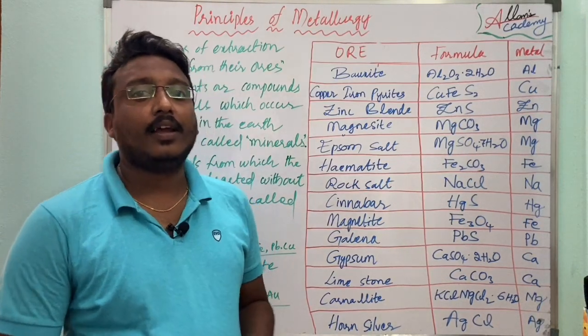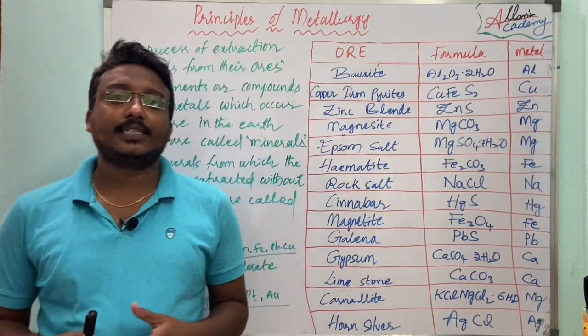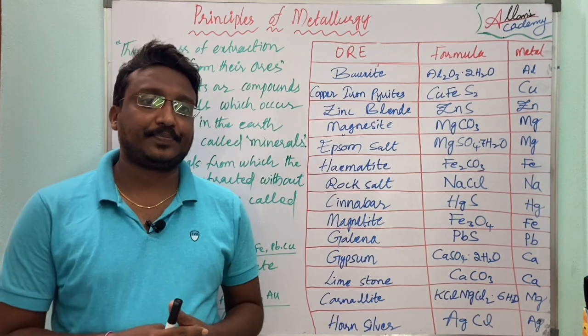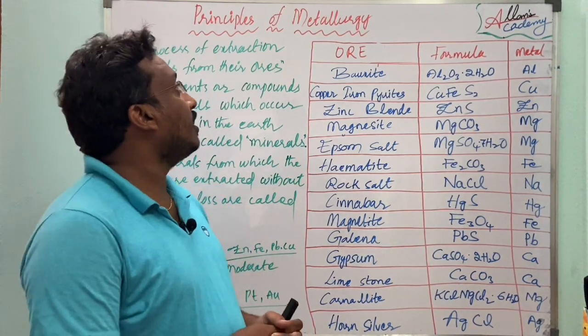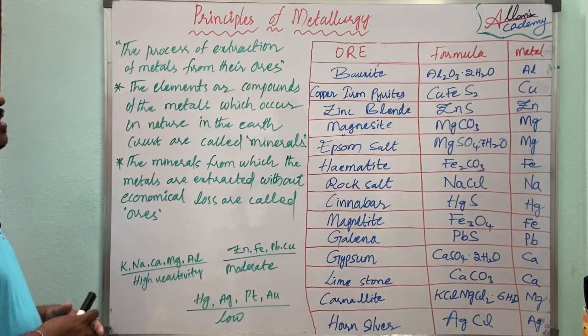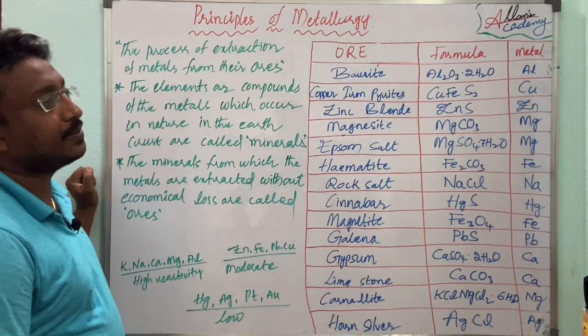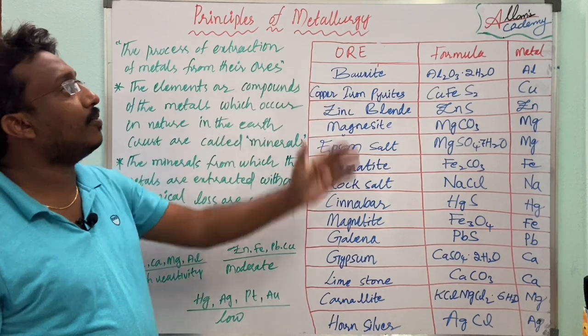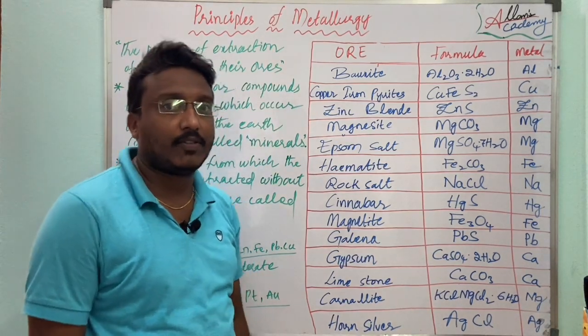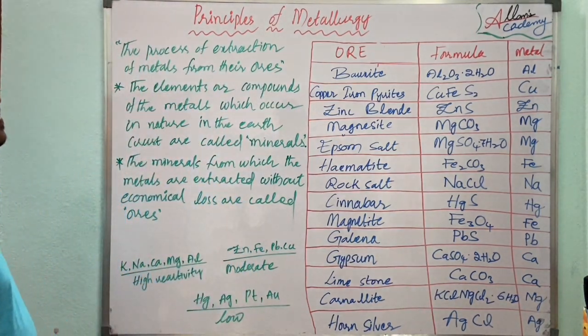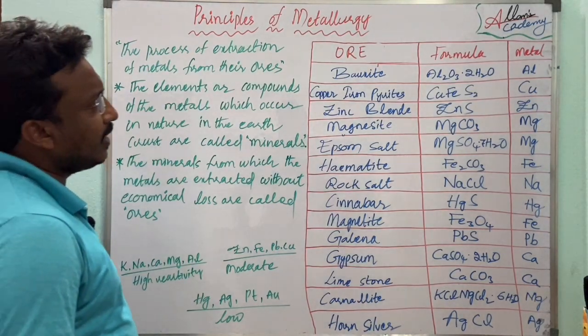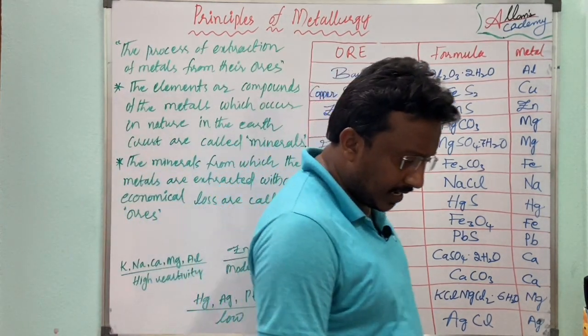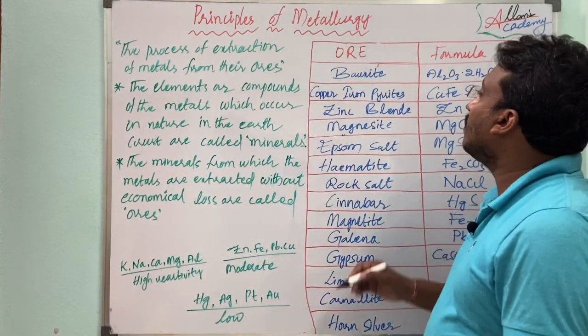Hello everyone. In our last class we discussed chemical bonding. Today we are going to discuss one more new chapter. It is called Principles of Metallurgy. You have already learned about metals in your previous class, in 8th class,